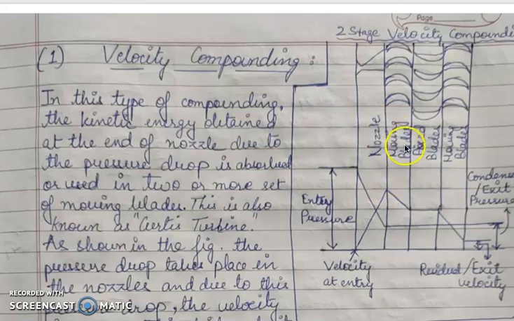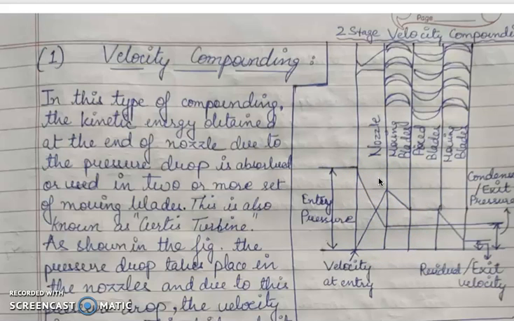When this steam strikes the moving blade, it loses its velocity because it delivers power to the blades and the blades rotate. So the velocity is decreased and kinetic energy is lost. As I have already told you, in an impulse turbine the cross-sectional area between the blades is constant, and hence no pressure drop is allowed inside this region. So the pressure is shown as constant. In the actual case there will be some loss of pressure and this line will not be straight, but ideally it will be constant. So this comprises a single stage of an impulse turbine.